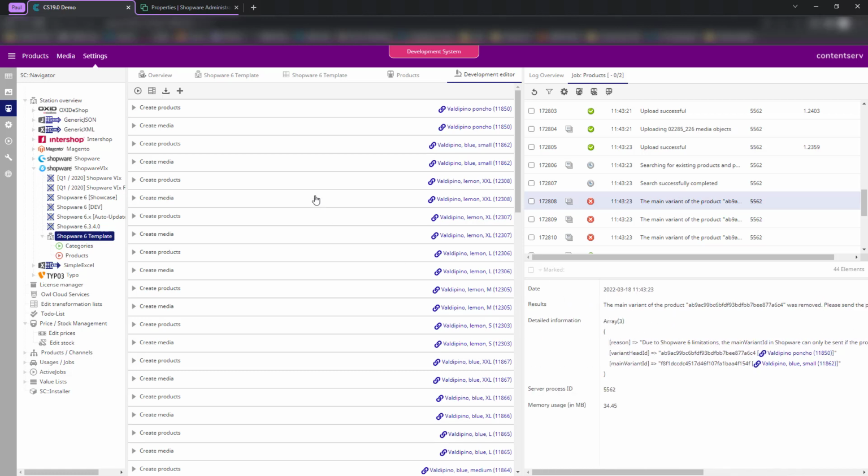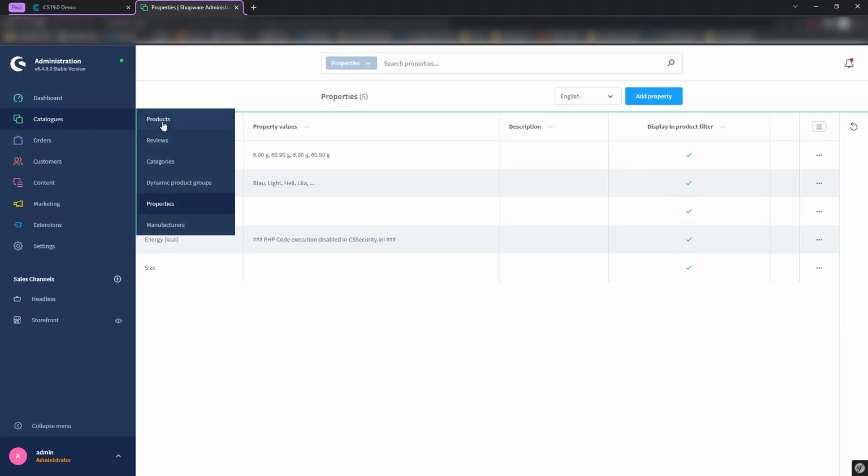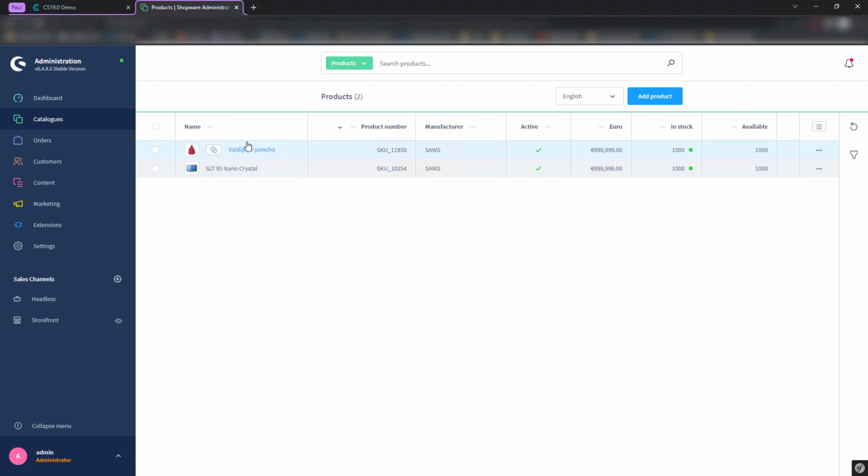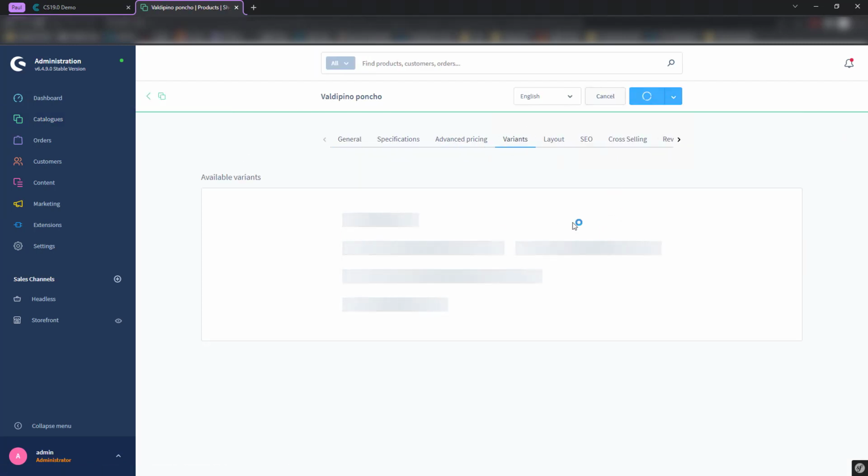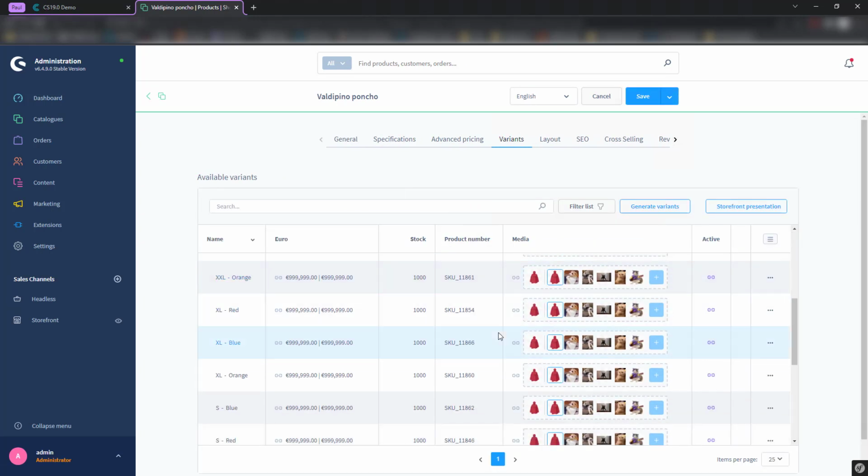To connect the main variant ID in a product, in a variant product, the product must exist first. That's sadly a limitation in Shopware 6, that to choose the main variant in a product, here it is, our new poncho,